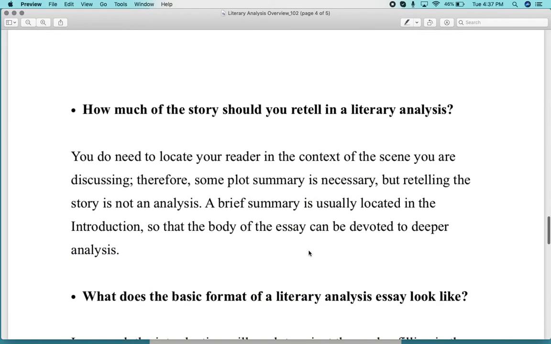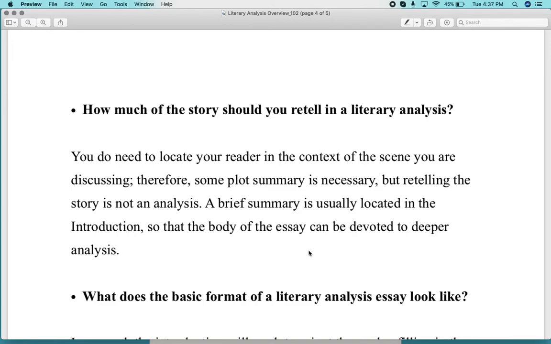All right, how much of a story should you retell in a literary analysis? Not much, right? You need to locate your reader in the context of the scene you're discussing, right? So some plot summary is necessary, but retelling the story is not an analysis. You want to include a brief summary, usually in the introduction, so that the body of the essay can be